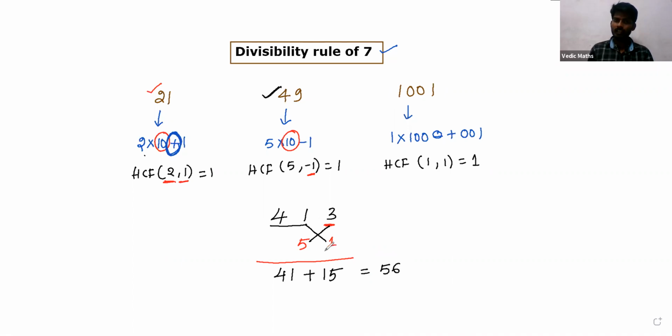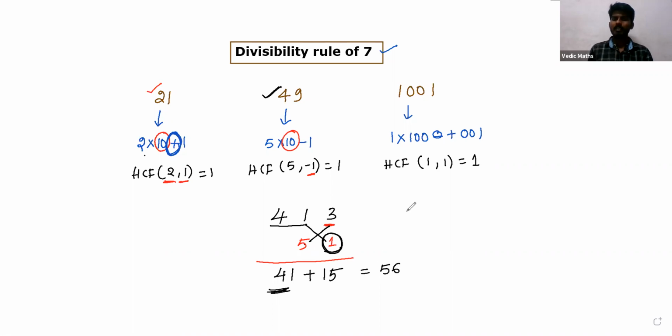Here you can see again in the unit place digit we got 1. This is multiplying the penultimate digits, so it gives the same result. Yes, you can see 41 I have written as it is. After that, 5 is multiplied with 3 and it is added here. That means when we take 5, we have to add it. When we take 2, we have to subtract. So note those 2 points.